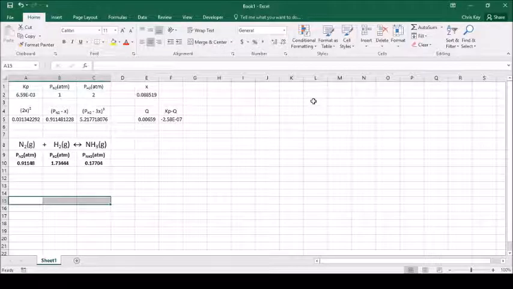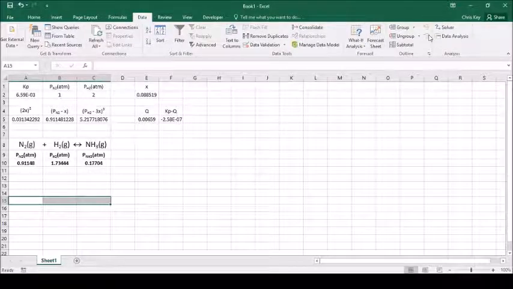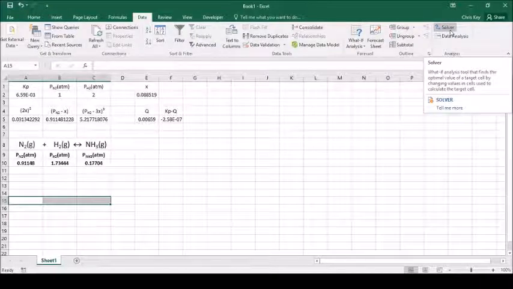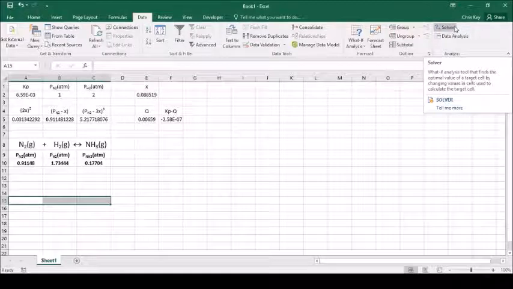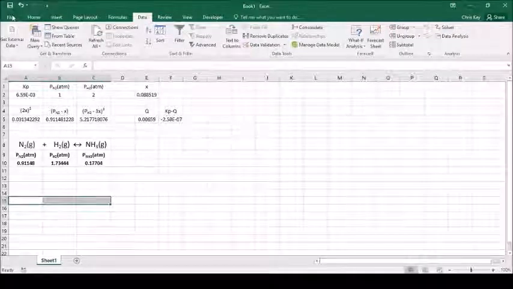Okay, today we're going to talk about a very powerful tool in Excel. It's an add-on called Solver, and you will find it if you go to Data. You can come over to your right here, and it should be over here on the right. Now, this add-in is not automatically there, so you have to make sure that you opt for the software to put that in. And so if you don't have this, if you go to the top and go to Data, and then look over here and there's no Solver button,